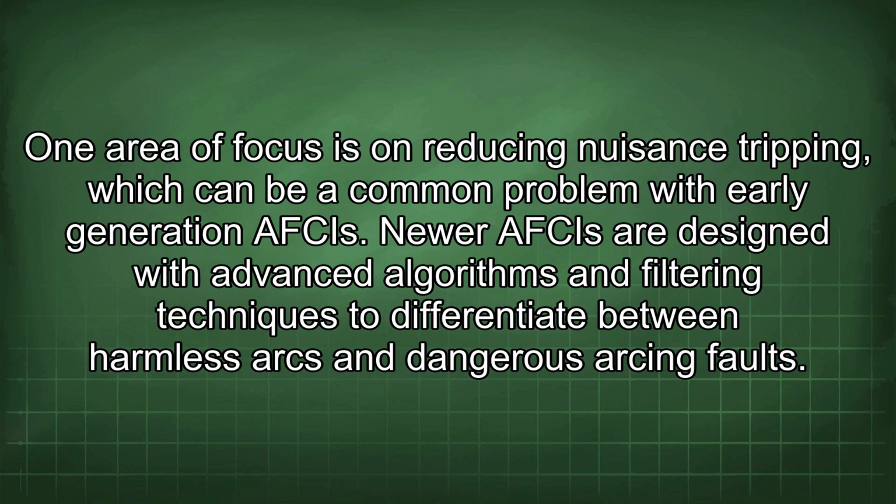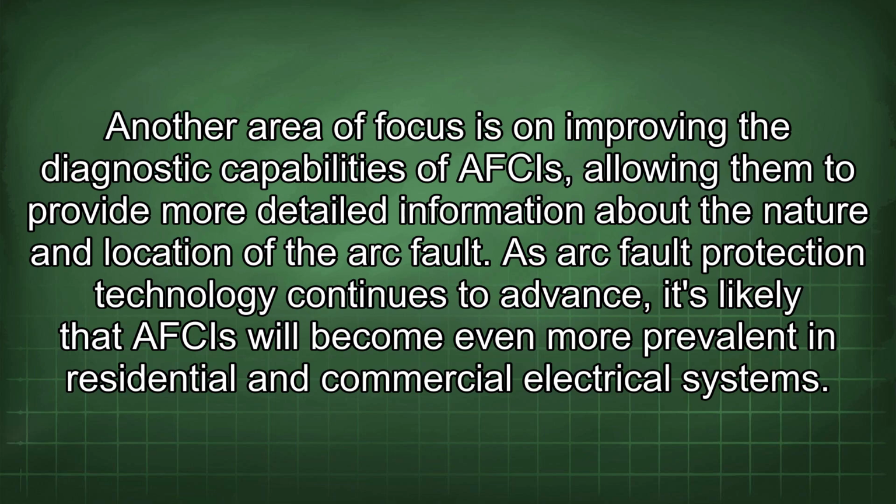Newer F-sides are designed with advanced algorithms and filtering techniques to differentiate between harmless arcs and dangerous arcing faults. Another area of focus is on improving the diagnostic capabilities of F-sides, allowing them to provide more detailed information about the nature and location of the arc fault. As arc fault protection technology continues to advance, it's likely that F-sides will become even more prevalent in residential and